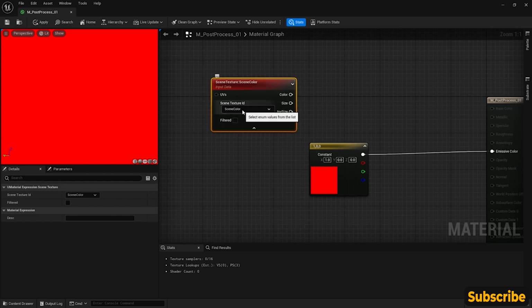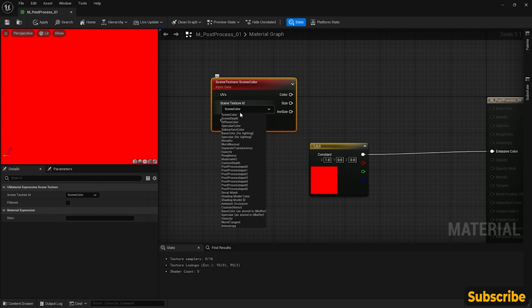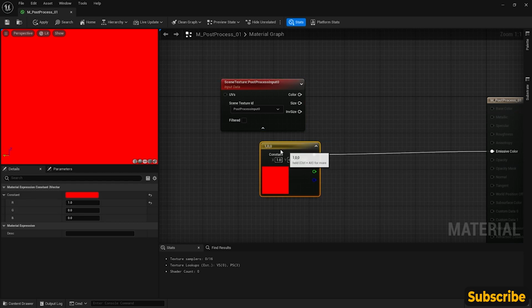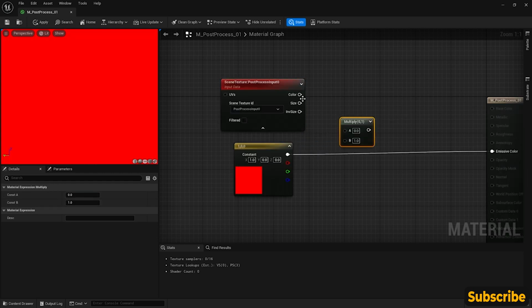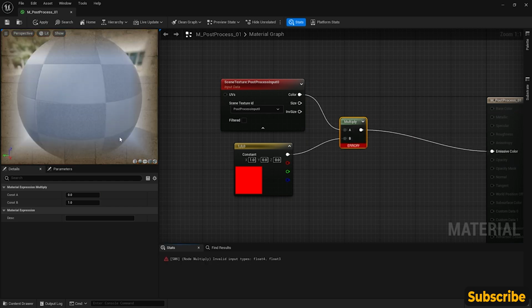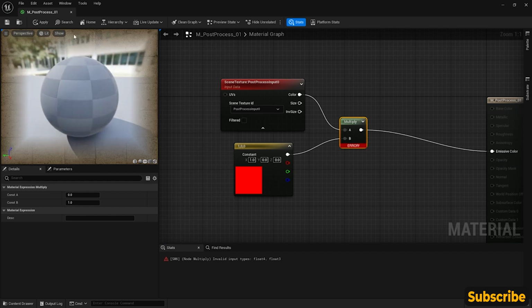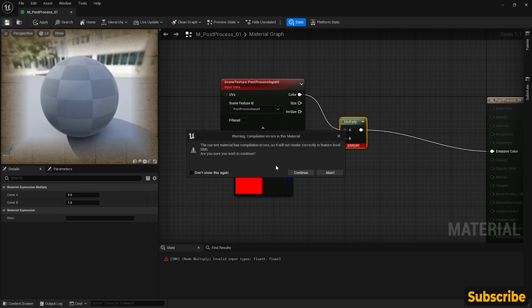we can come in here and pick the scene texture ID. And the ID that we're looking for, where there's a bunch of different ones, these basically give you access to all the different buffers, all the different images that we use to create the final image out in our game. But if we use the post-process input 01, let's say we want to multiply this color versus this color here. And when we do the emission out, what we're going to notice is that if we apply and save this,